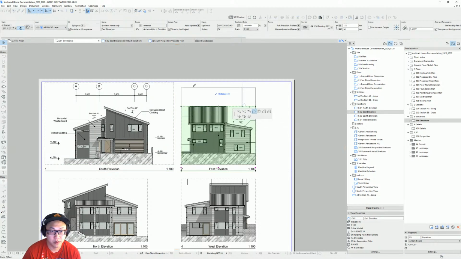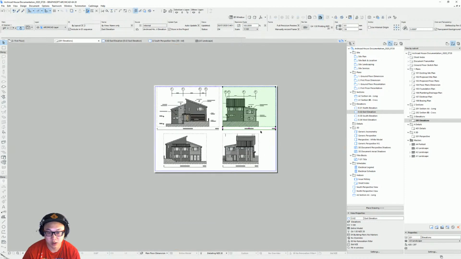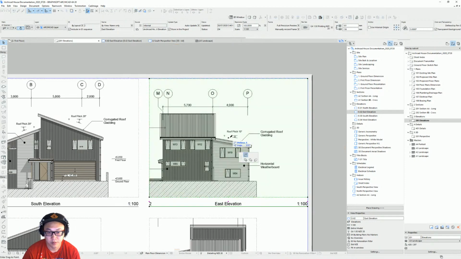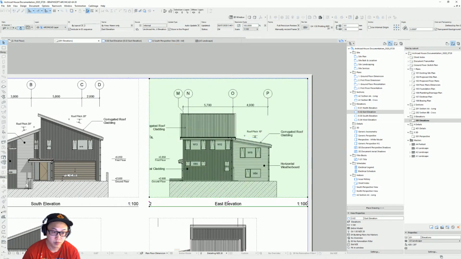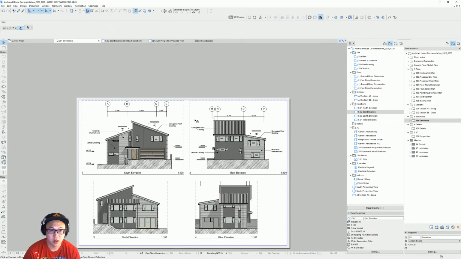Stretch it back up. I think I'll need to redo them, or put them on the bigger master, because there'll not be enough space for my title block on this side. And